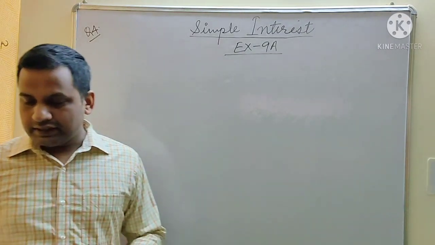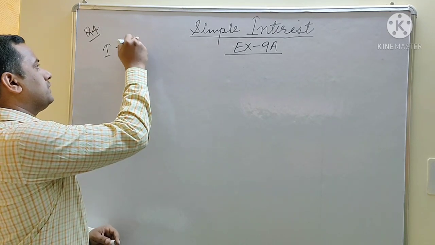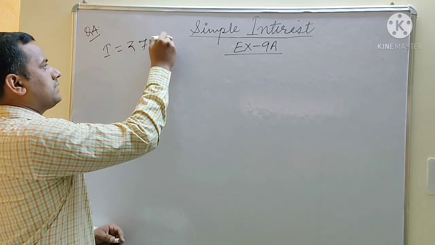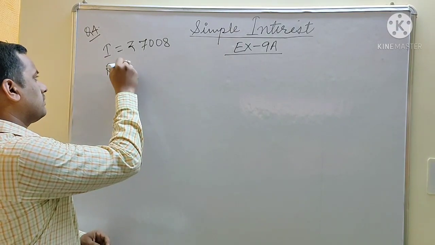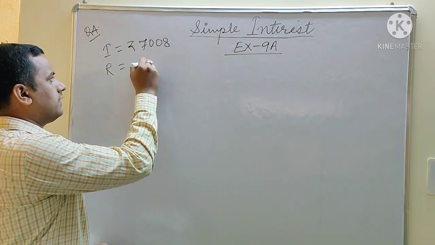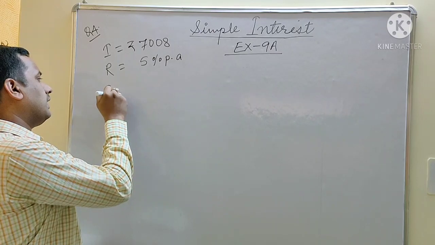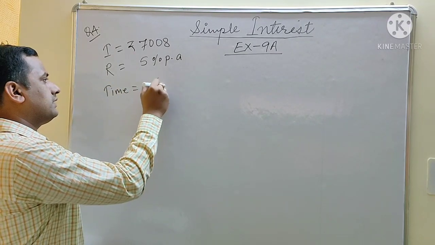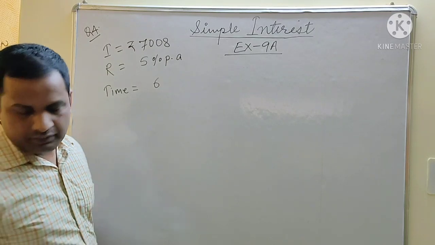So simple interest I is given, rupees 7,008, rate is given 5% per annum, time given 6 years 3 months,